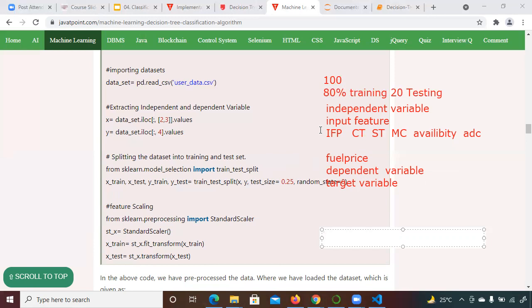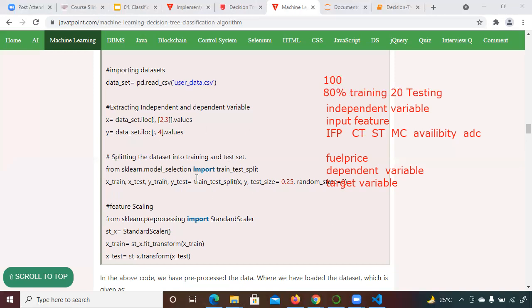So here sklearn is a library, like other libraries such as pandas and numpy. You are importing train_test_split from it. Actually it's Python code, and you have to import it. In this sklearn library, all the algorithms are there. You just have to add it in your code, and you can run it. I am going to show you that as well.